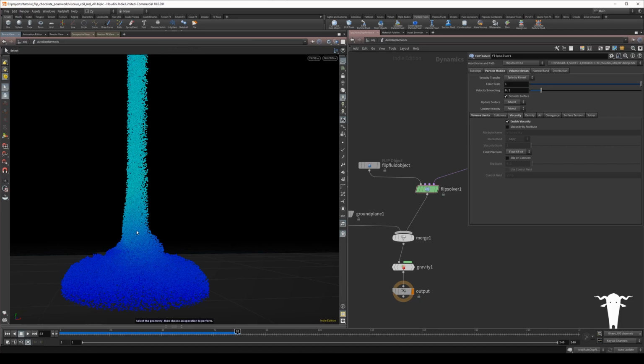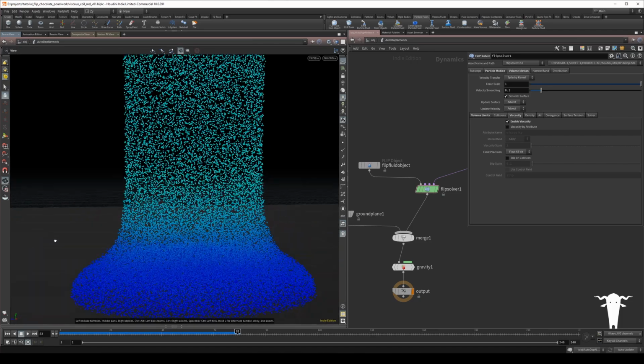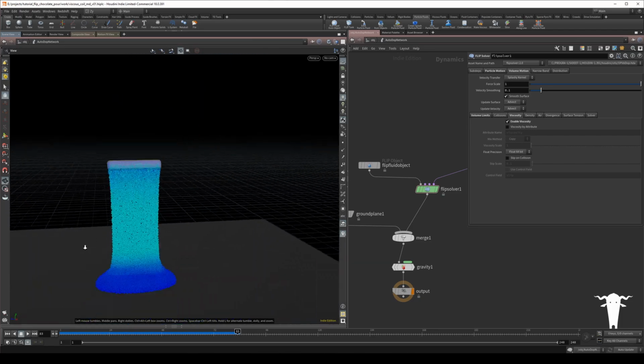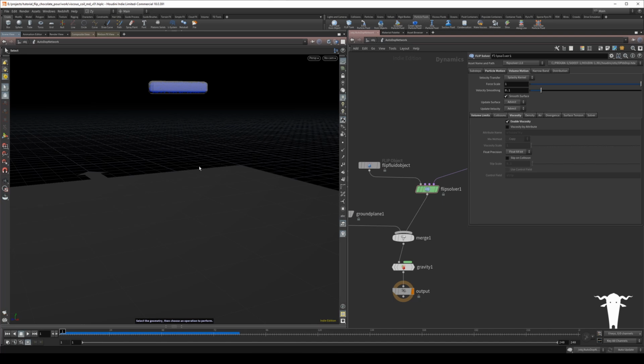Well, that's not too bad. We're already getting a little bit of coiling over there, which is nice to see. Now that we've got some basic viscosity set up, let's make sure that we've got our settings set up in